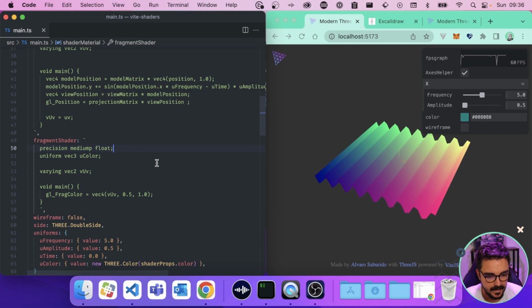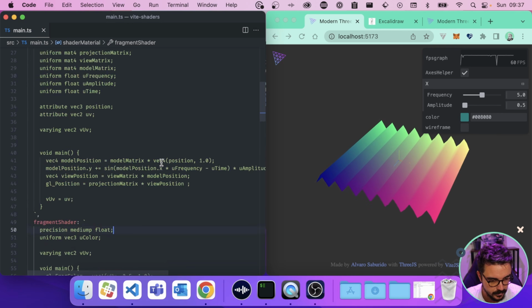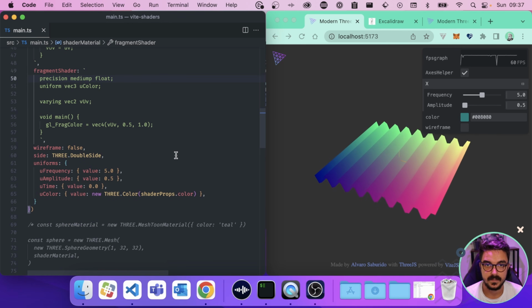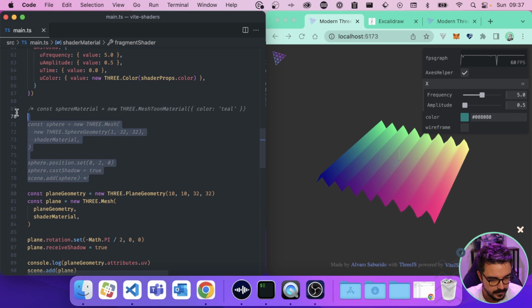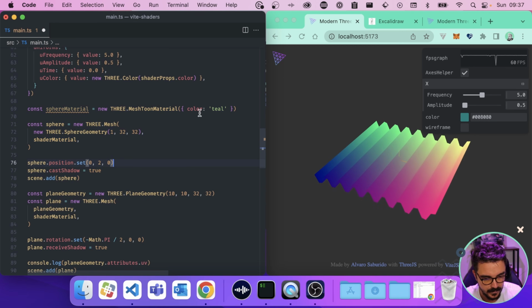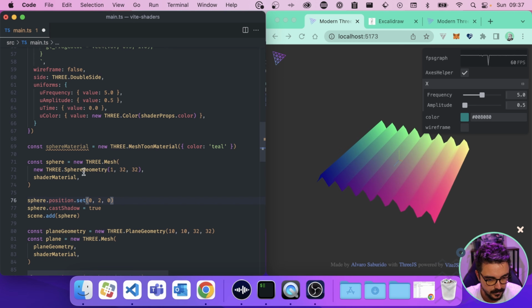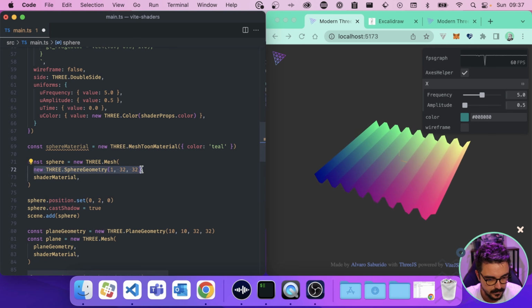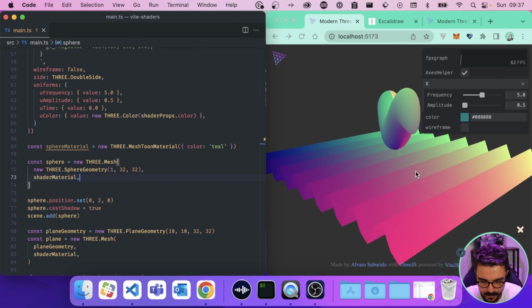Remember we have a sphere, right? So let's get back our sphere just to show that every geometry has its own, okay? Let's get back this sphere right here, okay? And we're gonna pass the shader material here. Okay, perfect.